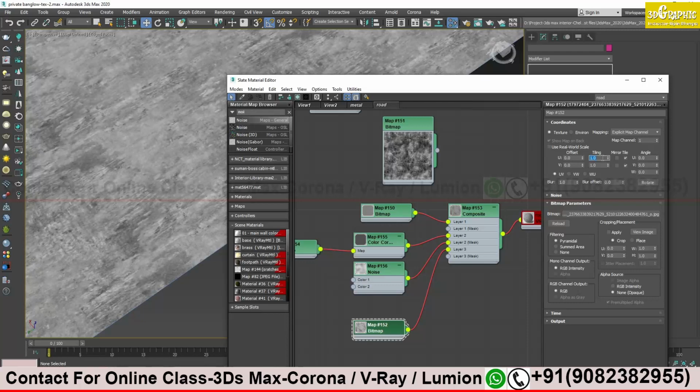Just increase the tiling over here. Let's take 5.